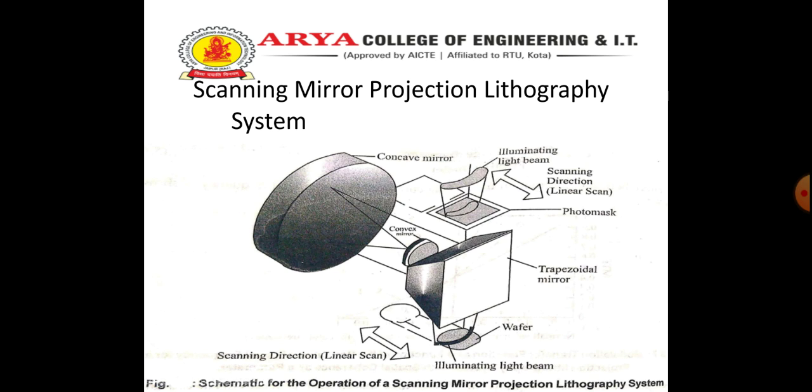1:1 scanning projection system. Mirror projection system can also be given as the name for this. In 1:1 scanning projection system, the wafer and mask are clamped into a cartridge that scans a narrow arc of radiation across the mask and the wafer. During the scan, an arc of light that shines through the photomask reflects off two spherical mirrors. The scanning feature ensures that the light stays near the center of optical system. A major advantage of this type of system is that the exposure optics can be completely reflective.